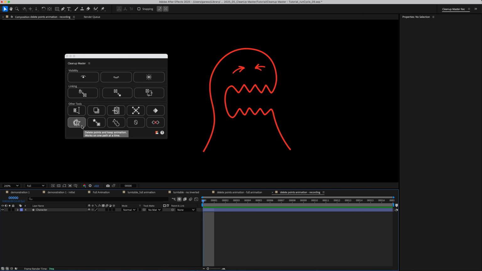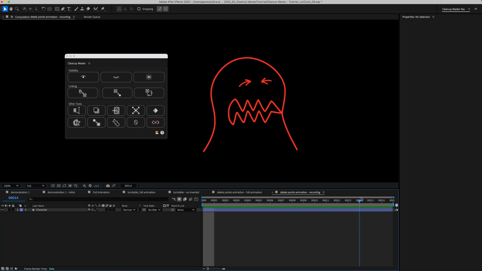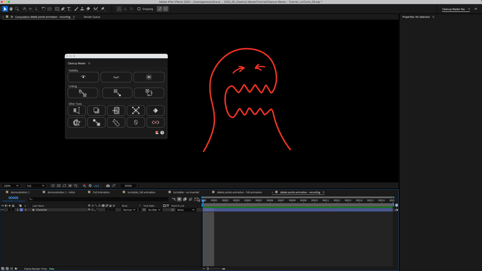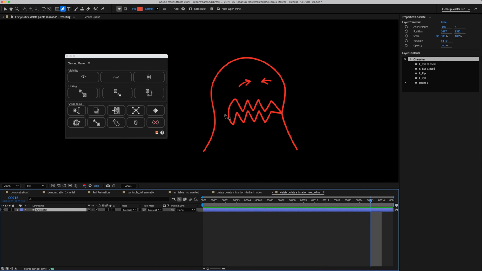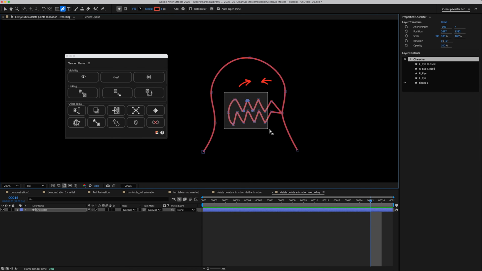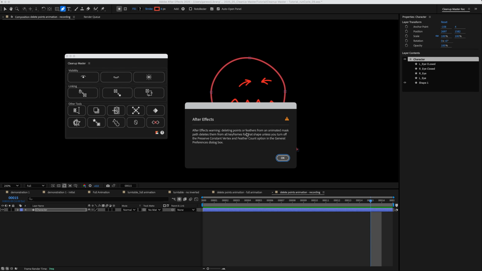This is a big one, and it completely changes the way we deal with points in After Effects. That's the delete points and keep animation. So let me explain. We have this animation here, and the normal behavior in After Effects is that if at this point here I want to delete those points because my character is very simple and I don't want those points for the rest of the animation. So if I just come here and delete the points, I'm going to receive this warning,